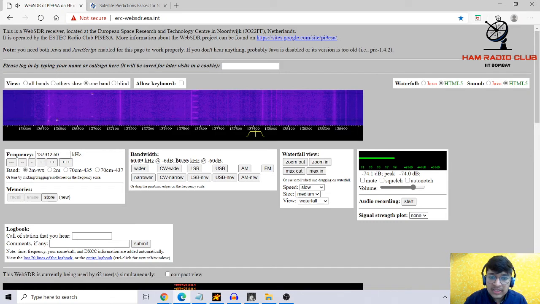So the pass is actually, according to N2YO, from 3:42 to 3:57, but it takes a bit of time to rise from the horizon. So we'll start getting the signal in 2-3 minutes. So we'll wait till then. Till that time, Arpit can share if there's some doubt. I'll quickly solve in 1 or 2 minutes.